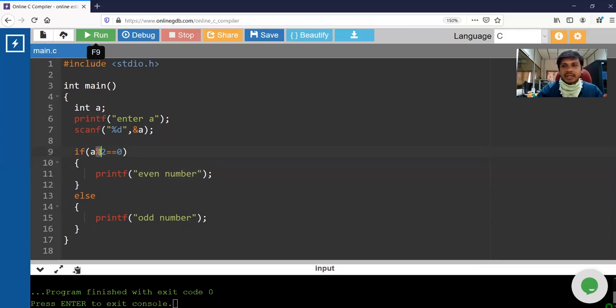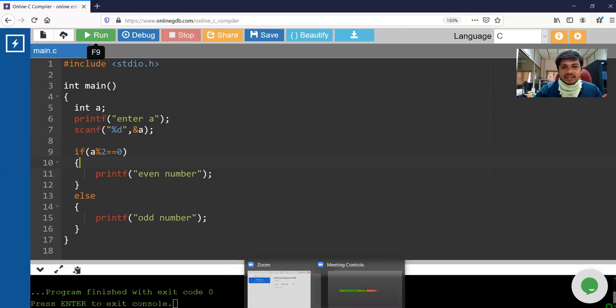This example we have learned as part of the modulus operator in arithmetic operators. It is used to find the remainder. If the remainder is equal to 0, it is even, else it is odd. But we will see the same thing using bitwise operators. See here.